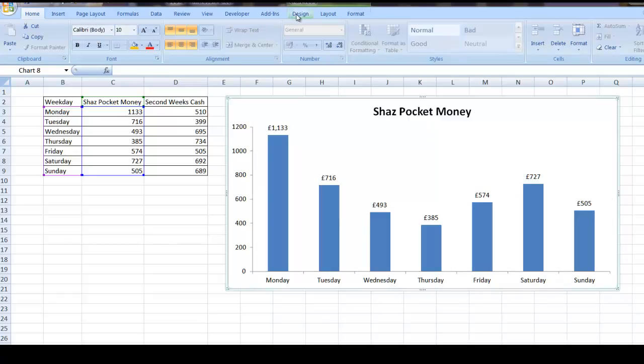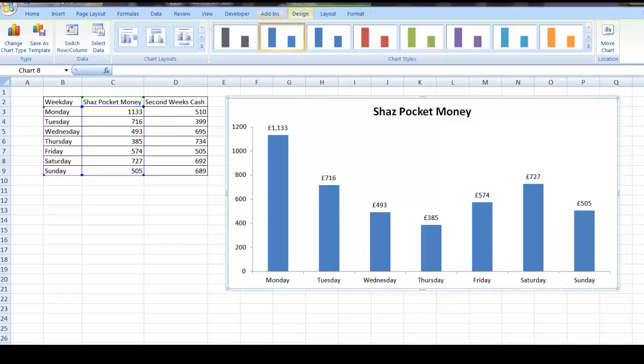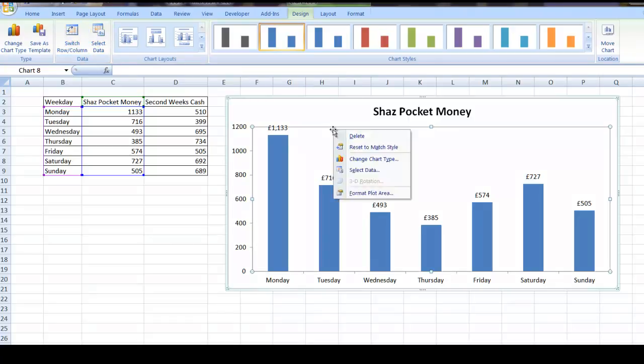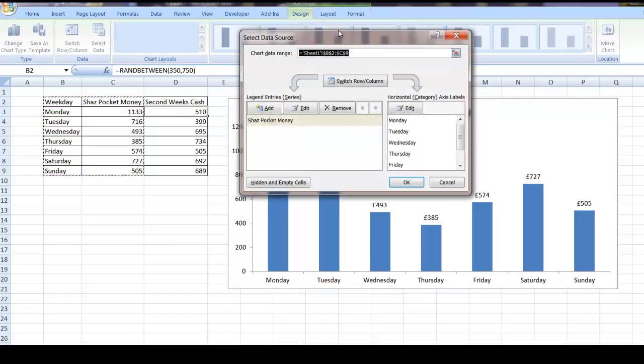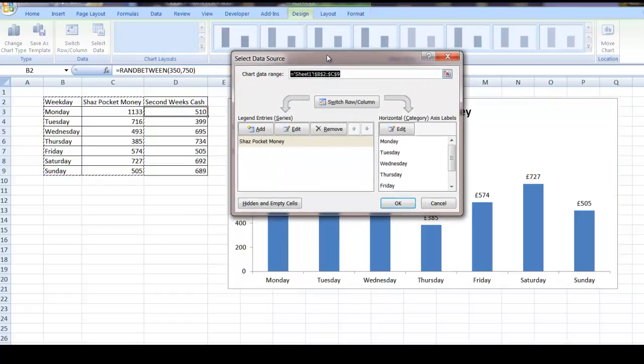You can either come up to design again and then come over to where it says select data, or you can right click and select data that way. Either's the same, so it doesn't matter. I'll do it this way now. I've got it highlighted. When you want to select data, click on the add,